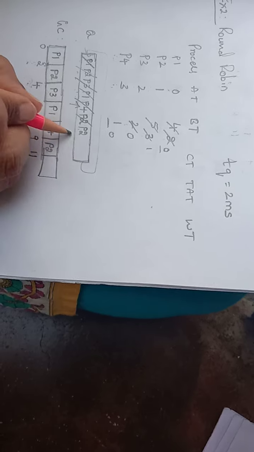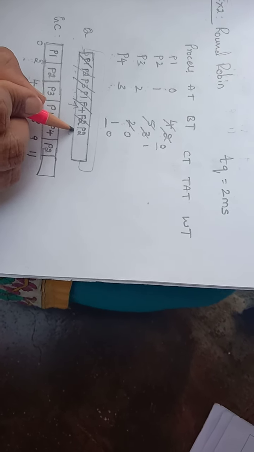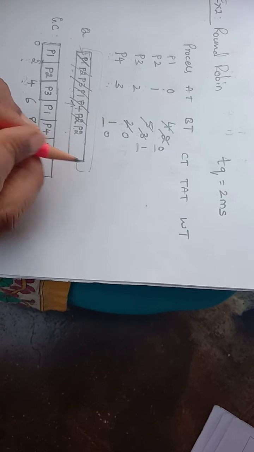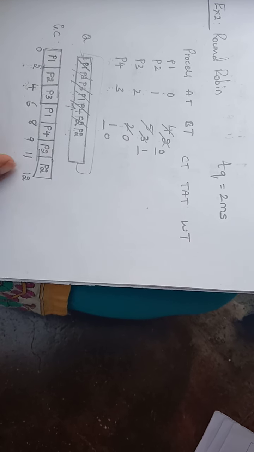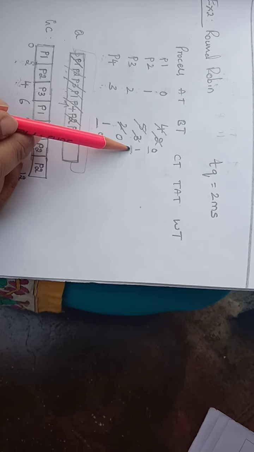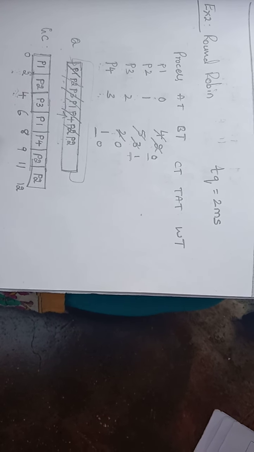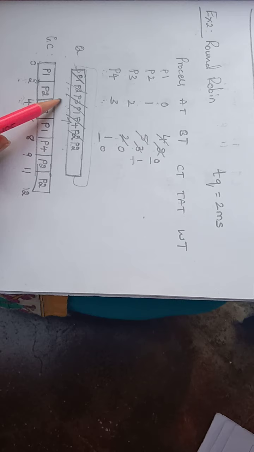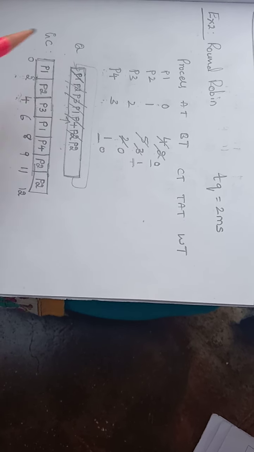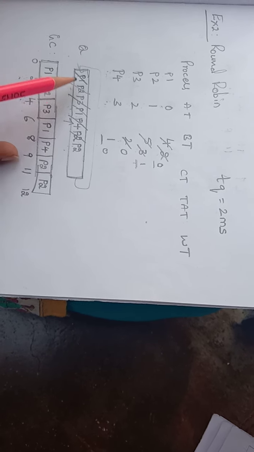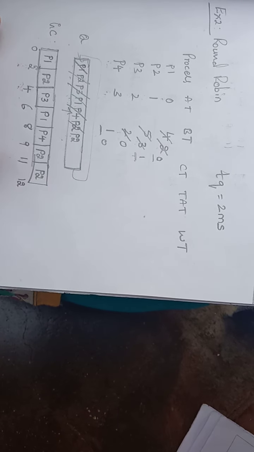Now only one process is there in the ready queue, that is P2 again. P2 will be picked and the remaining burst time is only 1. So P2 will be given one more chance to use the CPU, but only for 1 millisecond, because its remaining time is only 1 millisecond. You can look carefully at how we need to take care, in parallel, of the processes that have arrived within the gap of the times, and keep preempting the processes and putting them back to the tail of the queue. That is a small difference.